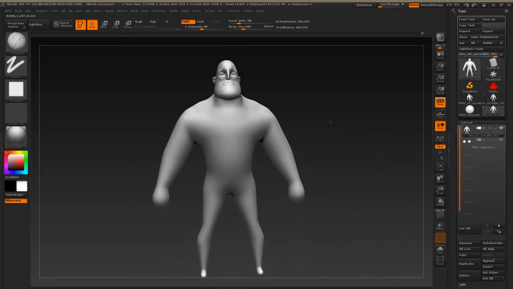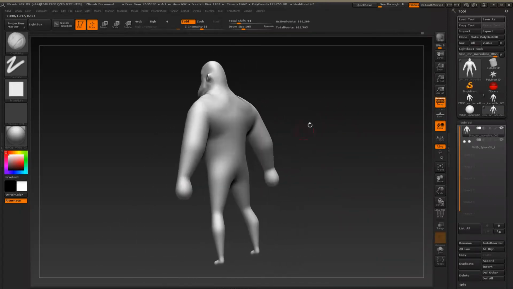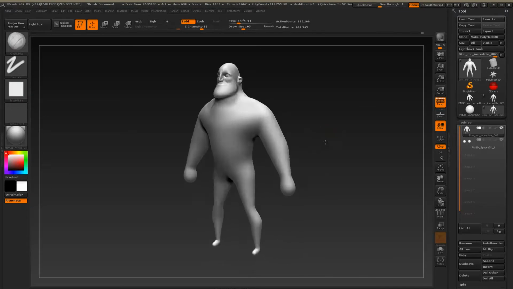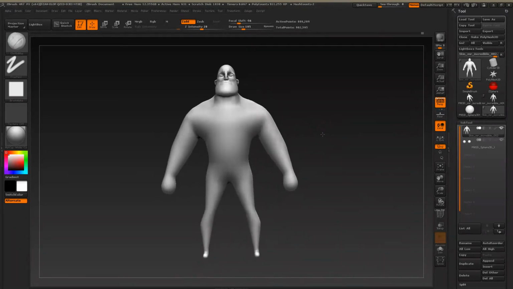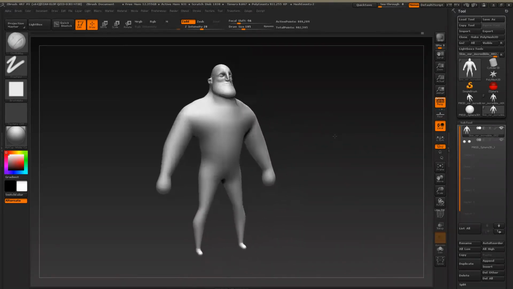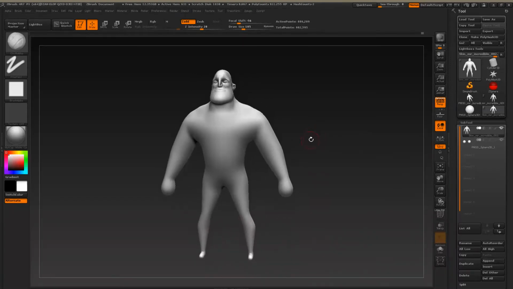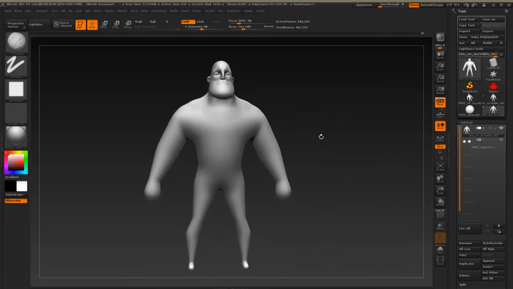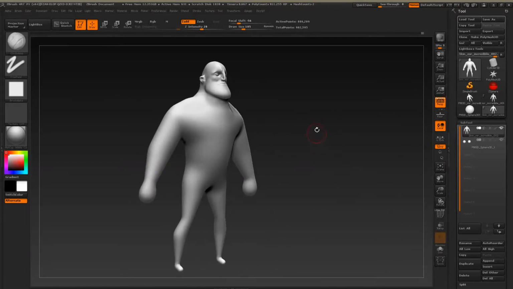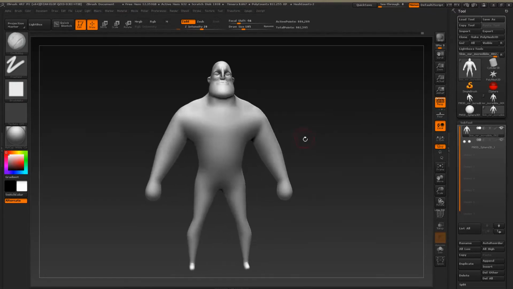And now we're gonna focus a little bit more on the body, because clearly the body hasn't been done yet, as you can clearly see. It looks a bit ridiculous right now, but don't worry, it's gonna look fine at the end. So for the body, let's